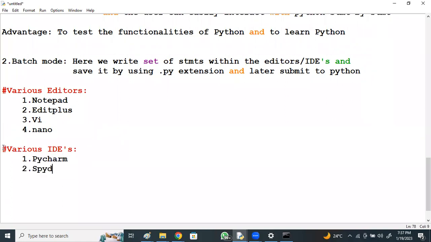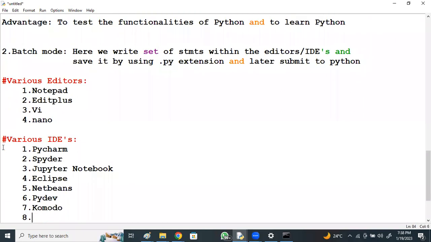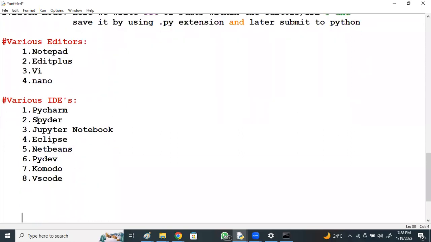Spyder, Jupyter, Eclipse, NetBeans, PyDev, Komodo, VS Code. So these are the various IDEs where we can write the Python code and execute, right? PyCharm is the mostly used IDE, right?